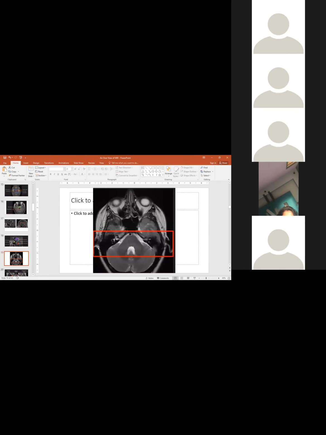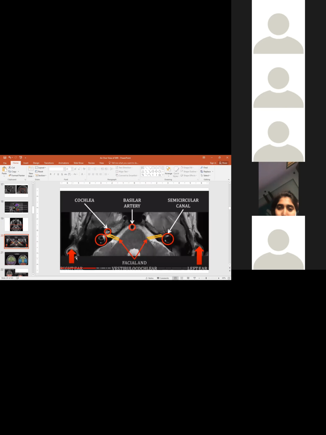Now, this is the cerebellum, and we are seeing the axial section, and we are at the inferior level of the brain scanning. So these are the eyeballs, these are the temporal lobes of the cerebrum. This is the cerebellum. So we are in the posterior cranial fossa, and in the posterior cranial fossa, we can see this is the right